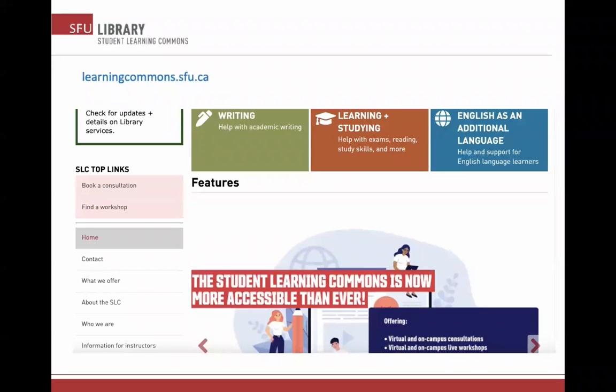Also, if you click on the Find a Workshop pink tile and you go all the way to the bottom, there's a link that takes you to workshop recordings. And that's where you can find more of these screencasts, like the one I'm making now. You can also sometimes find live recordings of Zoom workshops that we've done in the past, where the students have consented to it being recorded and made available. You can watch those on your own time. The other thing that's available to you